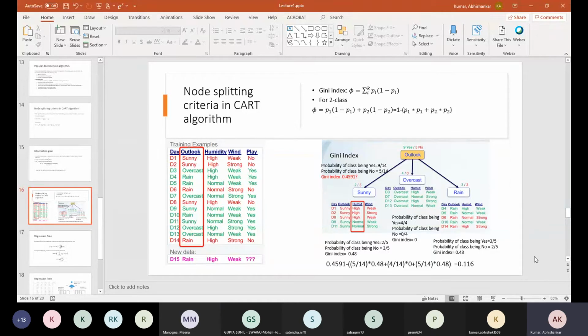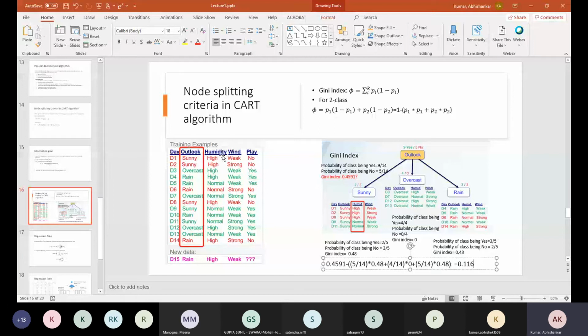Okay, so for a small data set, next time when your manager gives you a task and says go and find the root cause, you can create a decision tree like this. If they give you big data, we will see how to do it through an algorithm, through Python. So we get 0.116, correct?